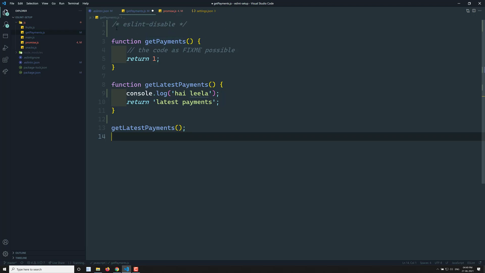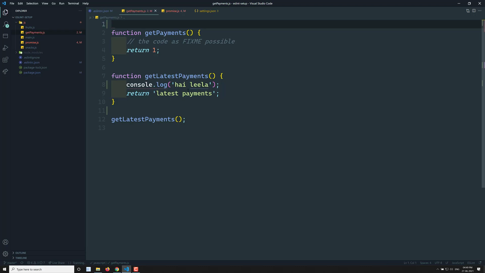Now I don't want the complete file to be disabled. I want only this single particular line to be disabled. Here again it is showing you the error. You can go here and write an inline comment, something like eslint-disable-line.